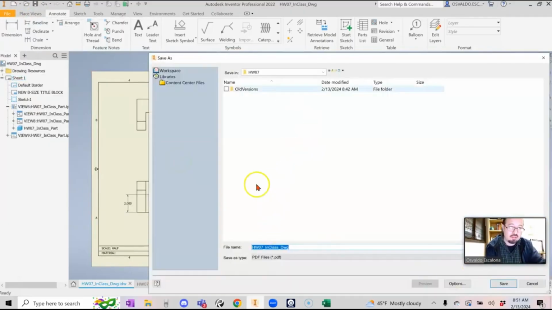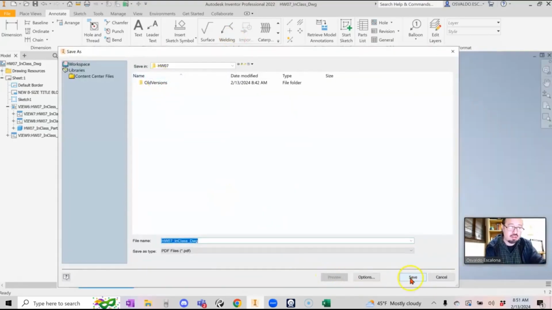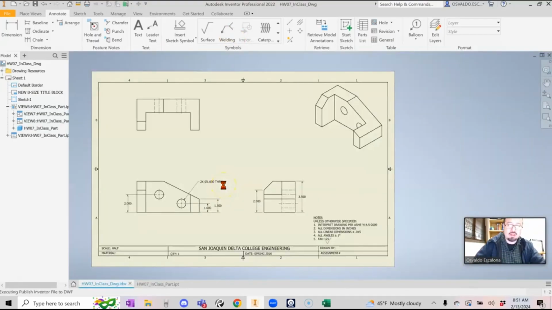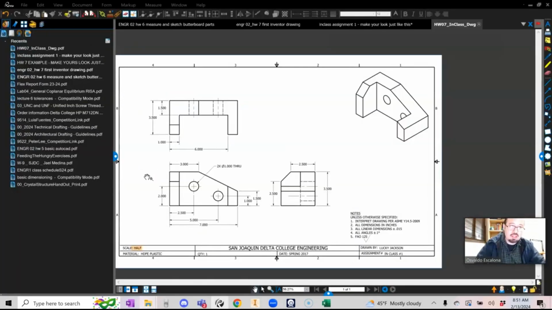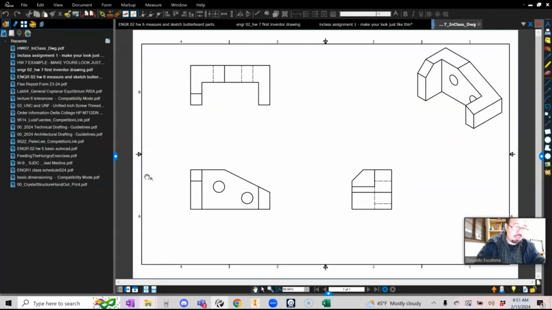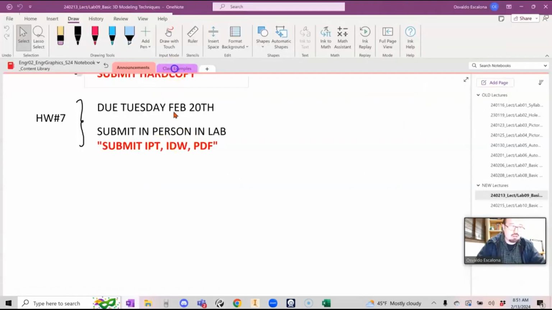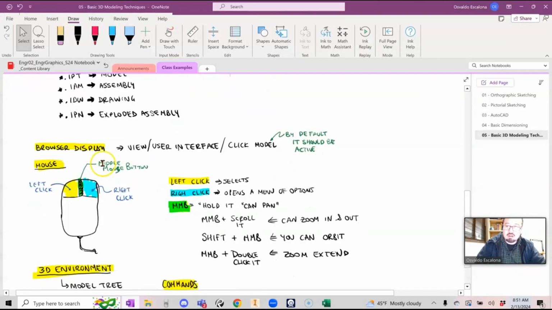Look for where you want to save it. In my case, I create a folder for Homework 7, and it's gonna create a PDF file for you. And if you go to my folder, you will see it right there. You can open it, and this is the PDF file that you will submit. What else do we cover? We talk about the different